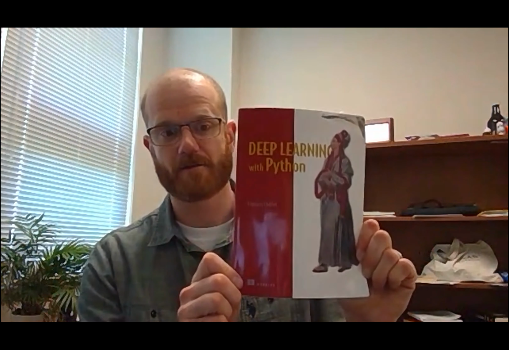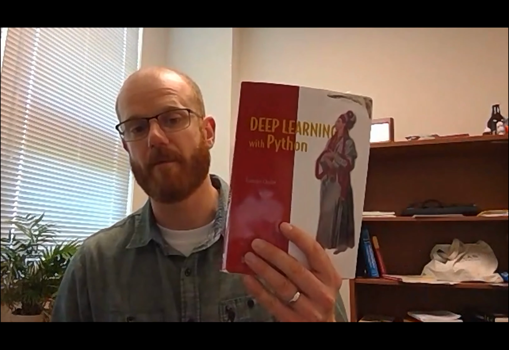The book we're going to be using is Deep Learning with Python. This is a great book. It has a really great step-through of examples on deep learning, and we're going to be using the examples and chapters from this book. So I would recommend buying this book. It is free from the publisher and from Safari Books through the Regis Library, but I like holding a book in my hand. It's much easier to read, so I would recommend buying it. It's only about $20 or $30 on Amazon.